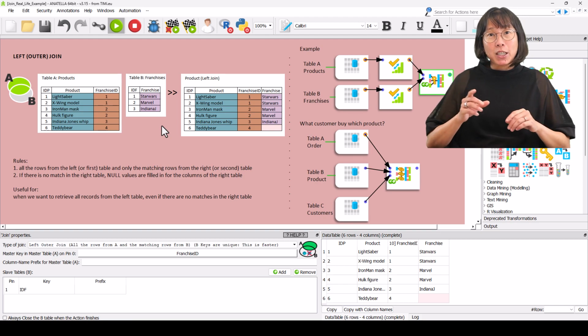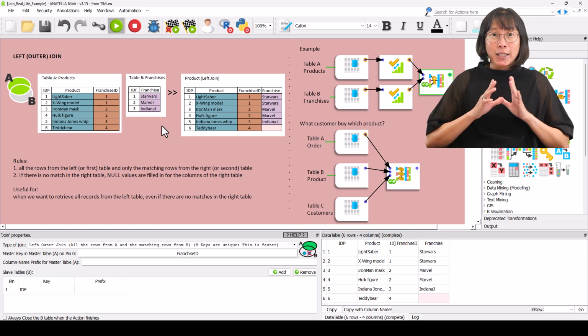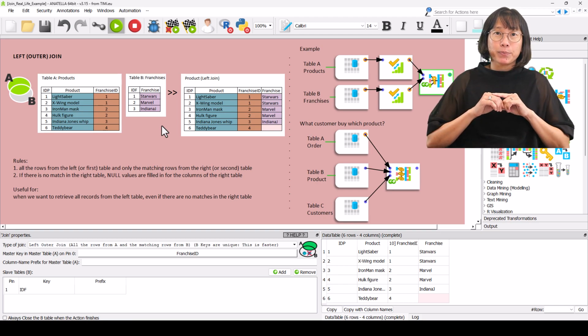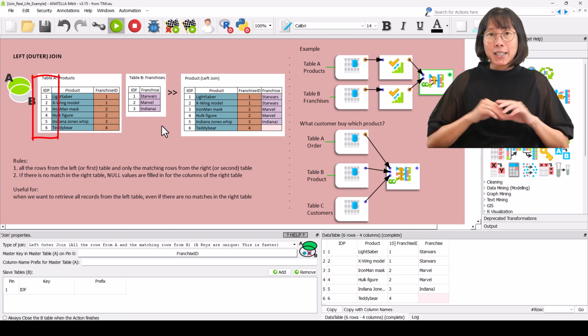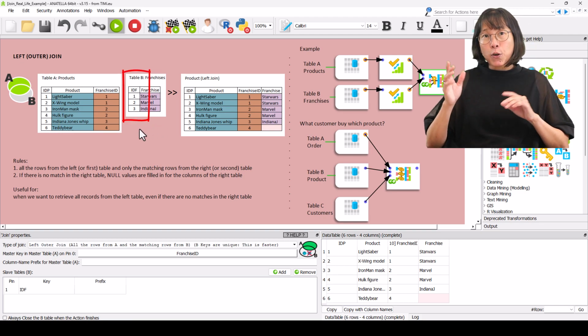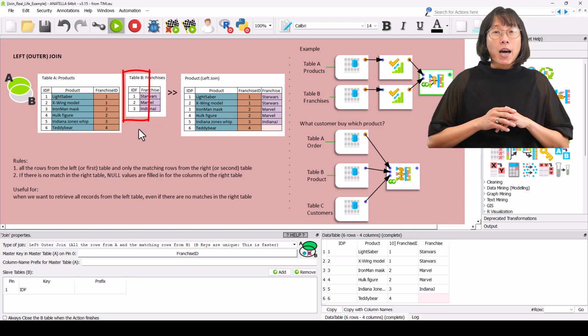The primary key column is a column that uniquely defines a specific row inside the table. Here, our primary key columns are IDP for the product table and IDF for the franchise table. IDF stands for ID for franchise table.